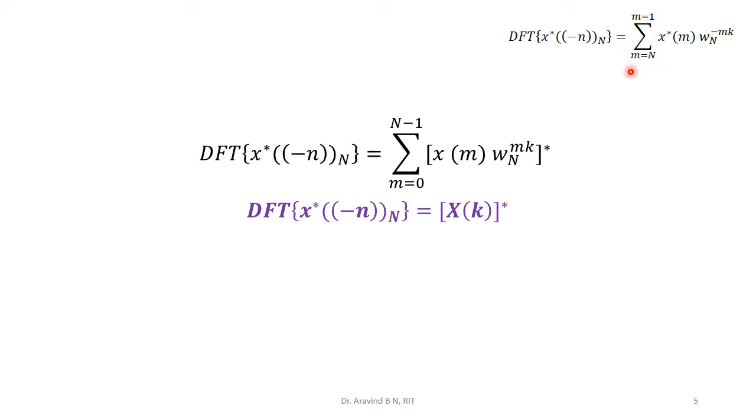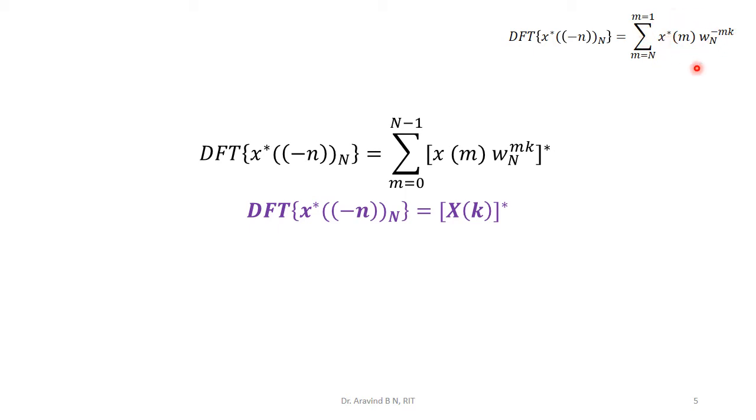Since this is periodic in nature, in the DFT we are going to take, it is periodic in nature. Instead of taking it as n to 1, we can simply take this as m is equal to 0 to n minus 1. Very simplified representation. Therefore, in place of n to 1, we can replace that by 0 to n minus 1. So the summation range is changing.